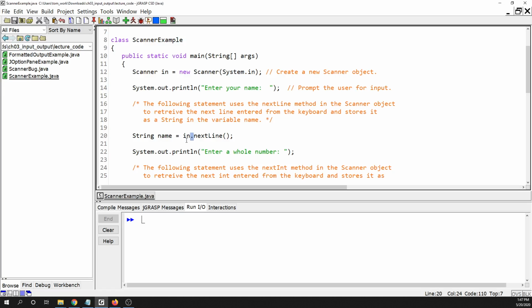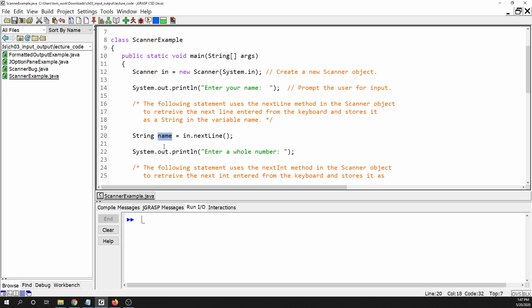Remember, the dot notation says look at that thing. In this case, it's an object. Inside there, you will find a method, and I know it's a method because of the parentheses that come after the name. Okay, and so the nextLine method gets the information that the user typed in to the keyboard as a string. So it goes and looks at the scanner object and fishes whatever the user typed up to the enter key press, and then stores that as a string in whatever variable is over here. Right, so the user's going to type some stuff in. It's going to be captured as a string and then stored in this variable